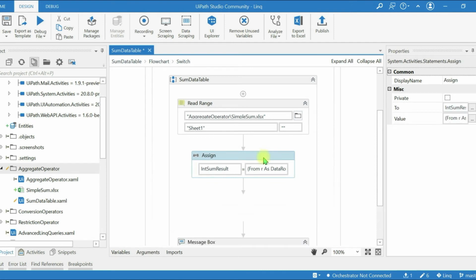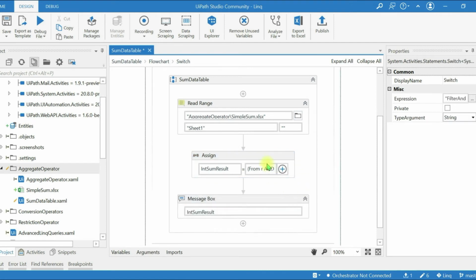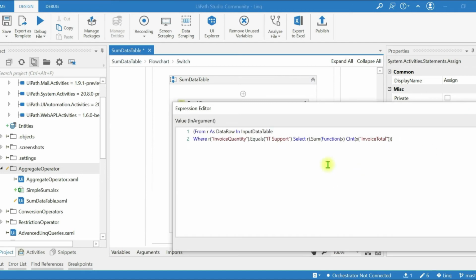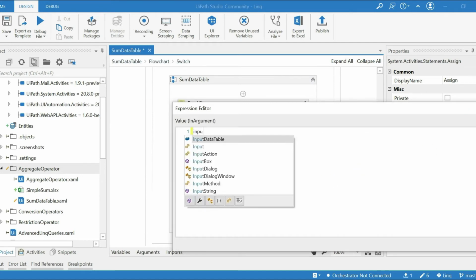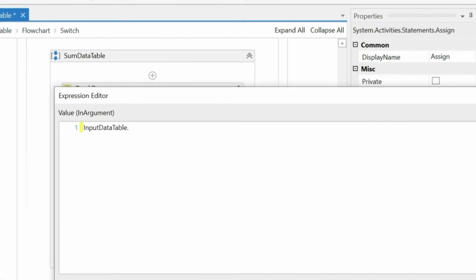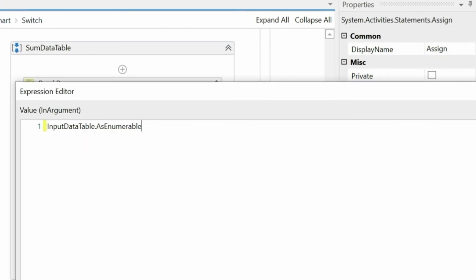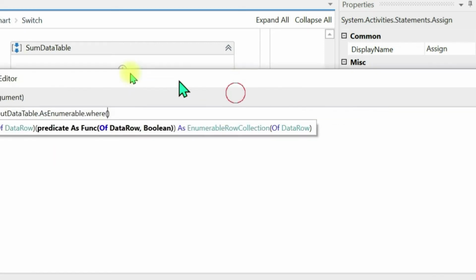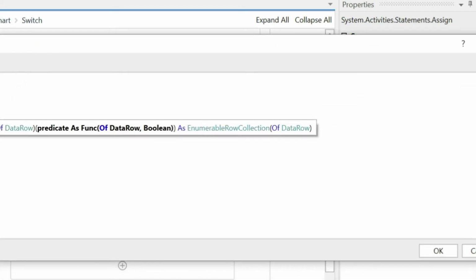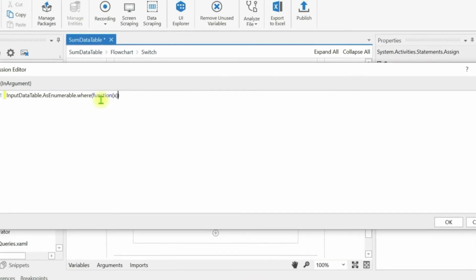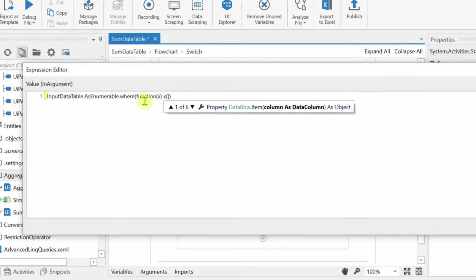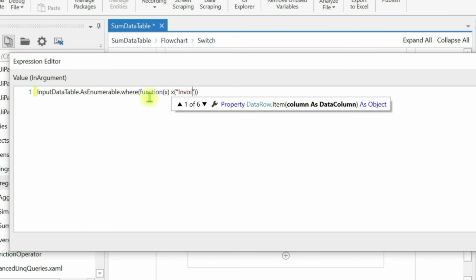I will use a new assign activity. Again write the query, input data table as enumerable, where lambda expression x. So what is our data table here? Invoice quantity. This is the first filter.